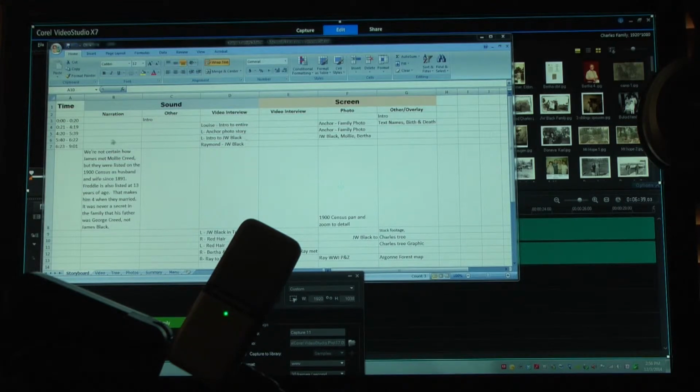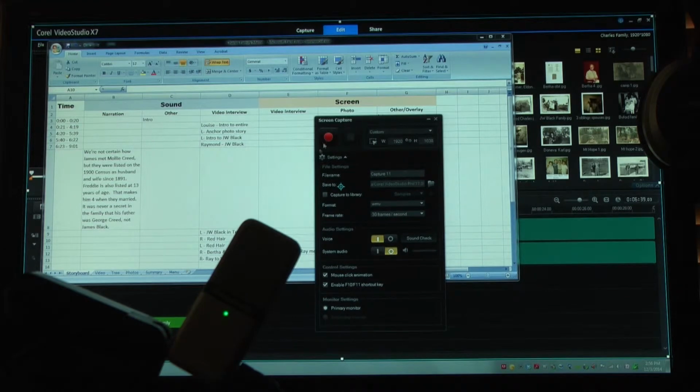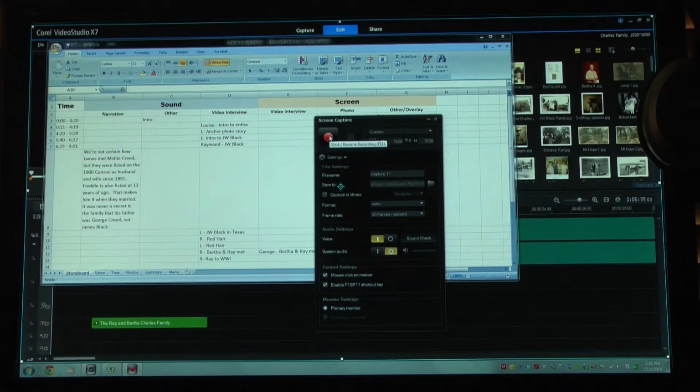But anyway, we're going to use what we've got so far. I put in the times, and we're going to record this little narration right here. So we've got it up on the screen. I'm going to pull my microphone in to about 8 to 12 inches from my mouth. It doesn't have to be right in front of you. I mean, you do want it to be right in front of you, but you don't want it to be within 4 inches of your mouth. You're going to catch too much,